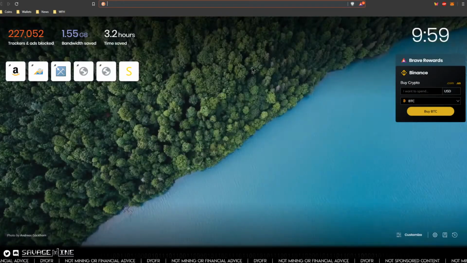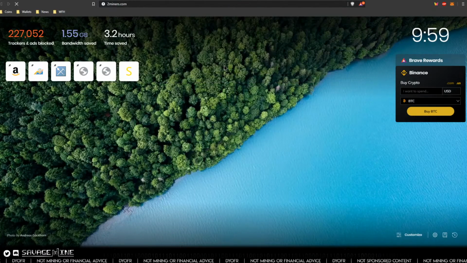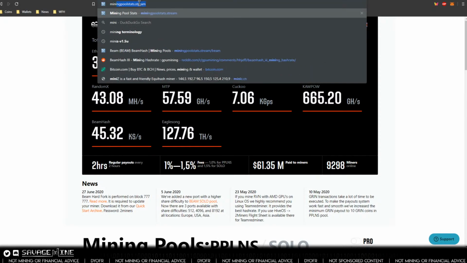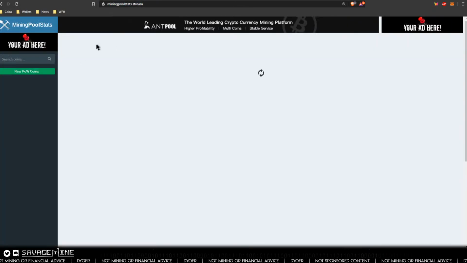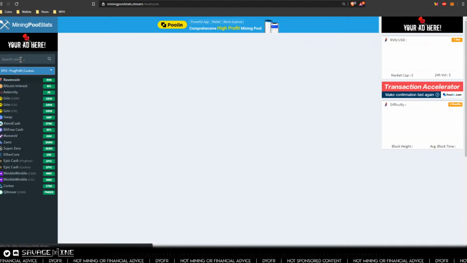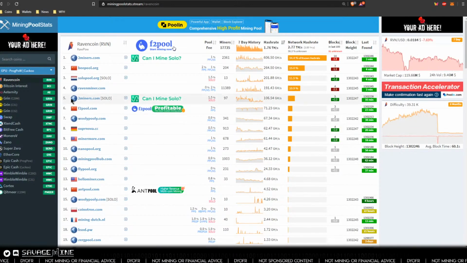All right, let's go over here to 2 miners. Or actually, no, where I was going to go was miningpoolstats.stream and see what we got for Ravencoin pools right now. So I would, I don't know, if I was mining Raven right now, I would probably just continue on the way I am, the way I was, but I would definitely pay attention to